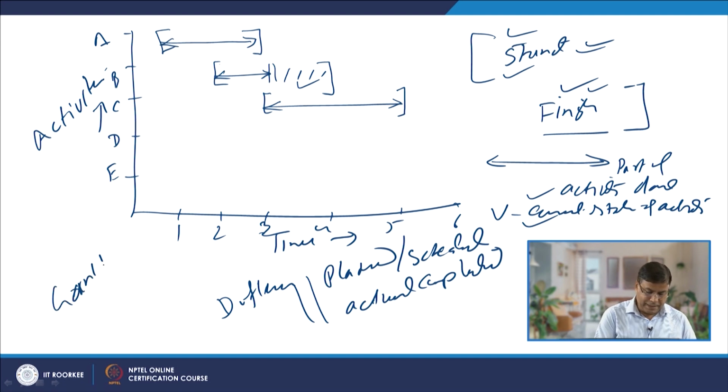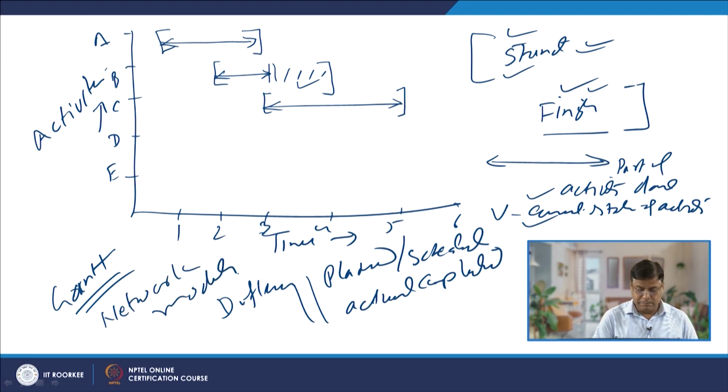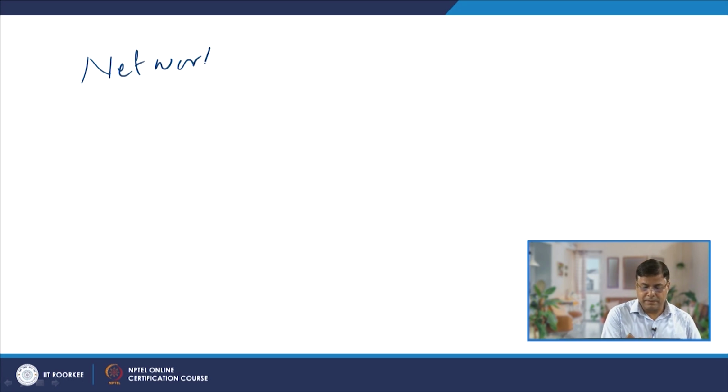But it does not show the precedence relationship or the kind of variability which will exist related to the completion of the various activities, and what is the probability of completing the entire project. Those things can be effectively answered through the network modeling approach. In network modeling, that is found to be very useful in answering a number of questions.